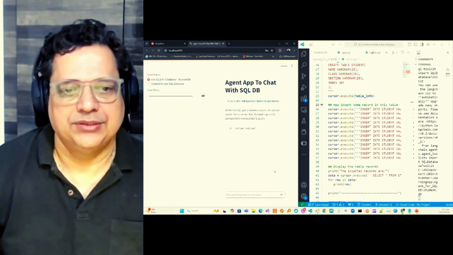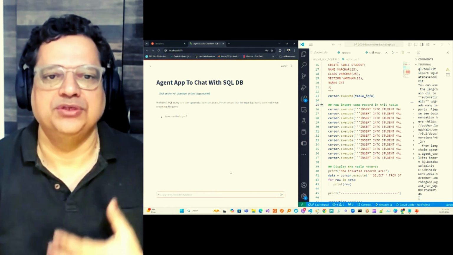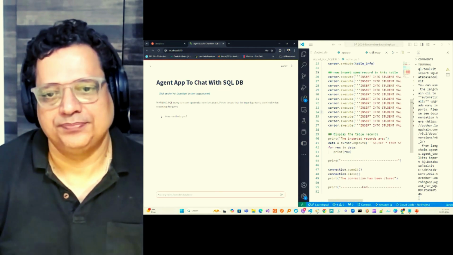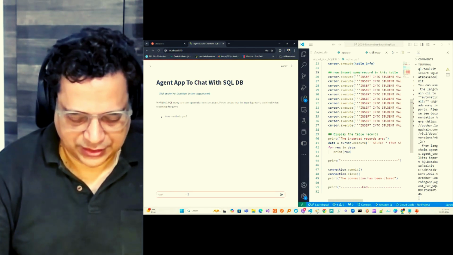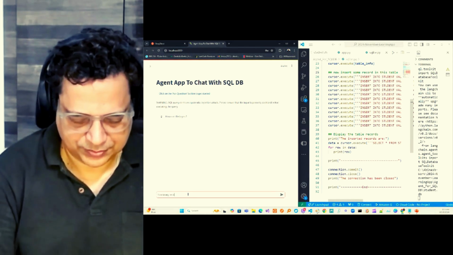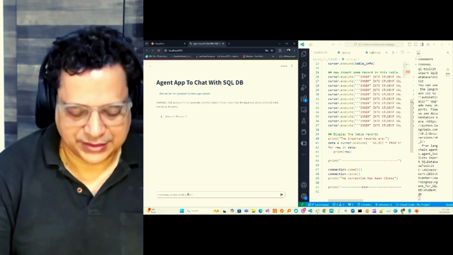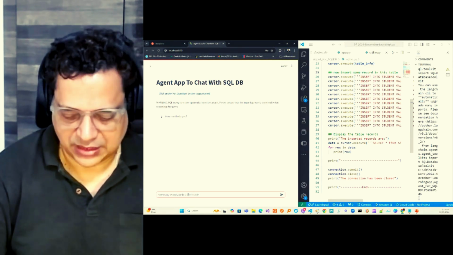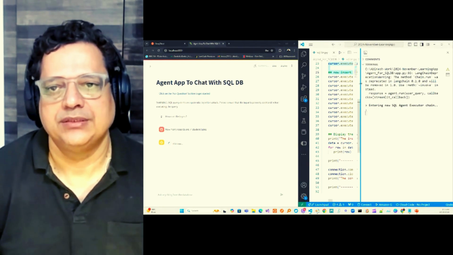All right. So let's start the actual scenario, the actual use case for your POC. The first thing is, how many records are in the student table? My table name is student, so I'm just asking how many records are present, and I believe that I